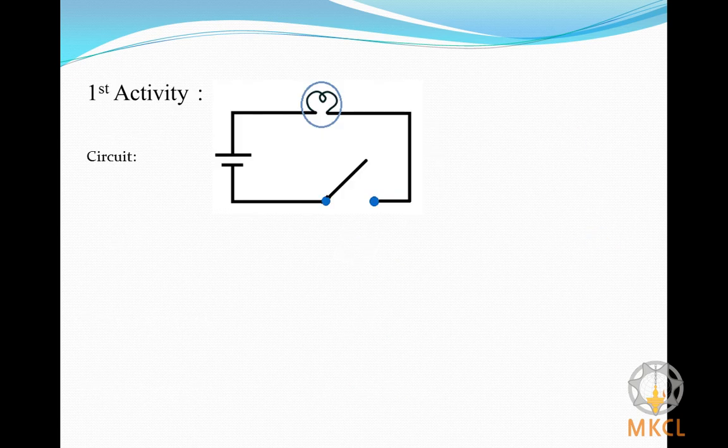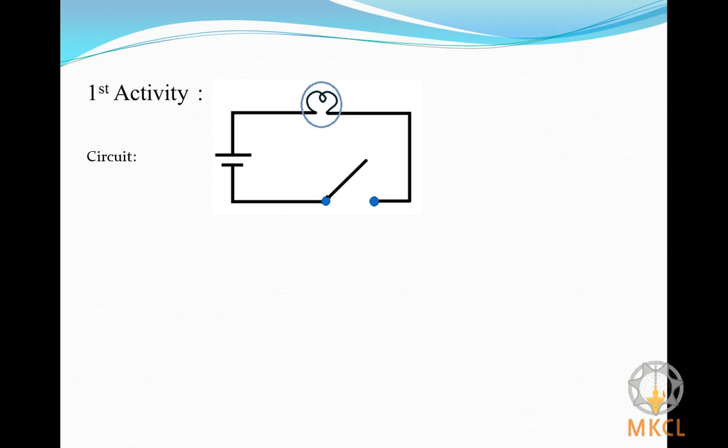We will try to learn this concept by doing some activity. This is the first activity. Let us try to build the circuit as shown in the figure. What is shown in the figure? There is one electric bulb, one cell and one switch which is in off position. While building this circuit, the cell is connected to the bulb by wires via a key or a switch.